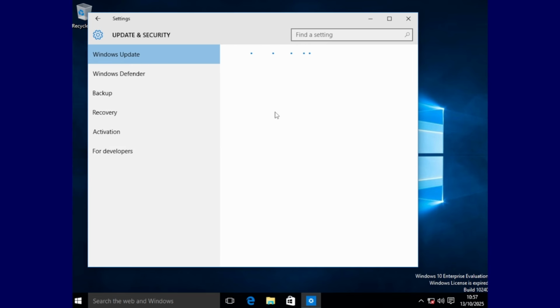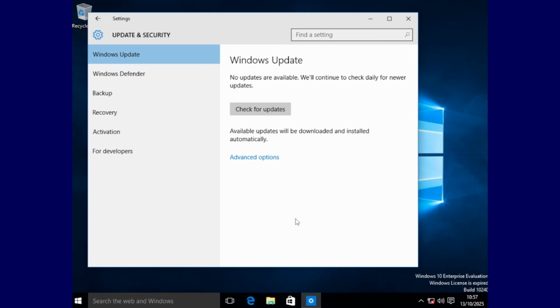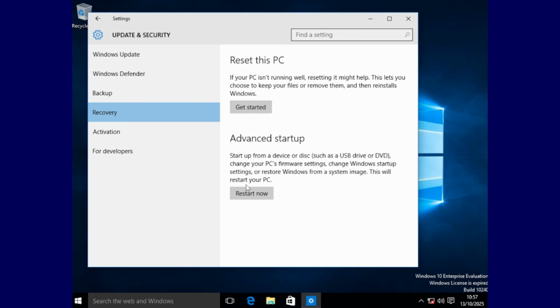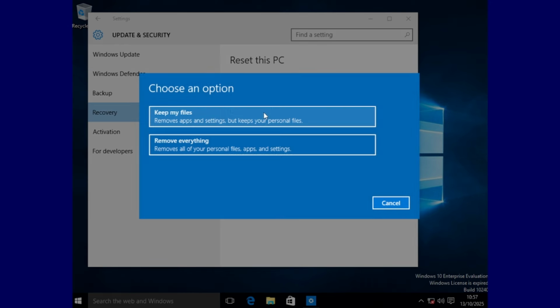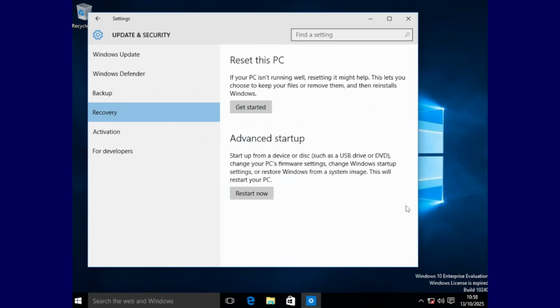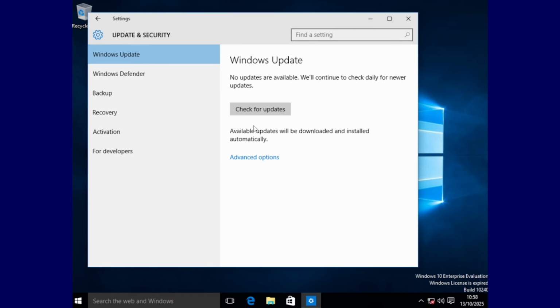And you now have a shiny new Windows Update control panel that also lets you reset Windows 10. So you can go and reset this PC, and then that will go ahead and format it for you. Anyway, the problem with the Windows 10 update is you can't actually select which updates you want to install. So if you know there's an update that's going to cause a problem either with your computer or with another program on your computer, I think you could uninstall it. You had to install it, but you could uninstall it and then it would install itself again.